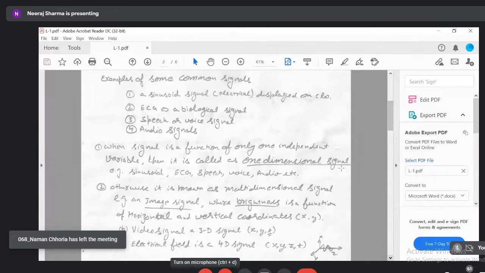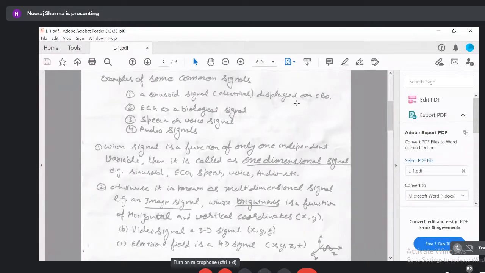So, as told earlier, you can have an electrical signal, where electrical signal means you are measuring either voltage or current, right? So, v = V sin ωt, i = I sin ωt. You can measure that signal on the CRO, that is, cathode ray oscilloscope. You must have studied about CRO in your first semester or second semester subjects.